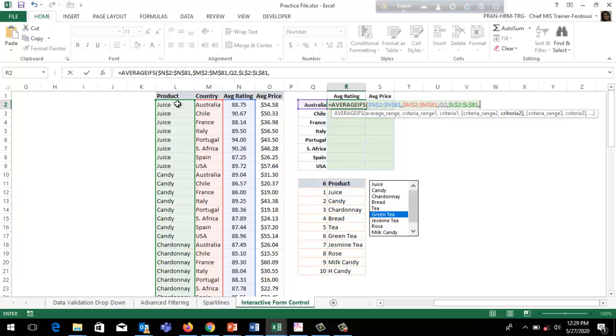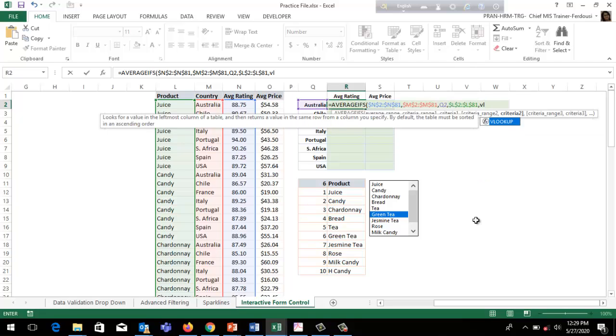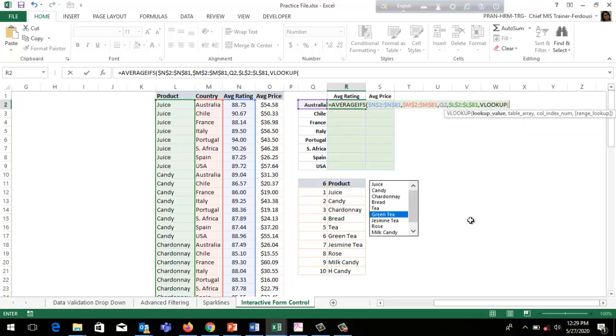Now we will use the VLOOKUP function for criteria 2 to retrieve the product name. Use VLOOKUP. This cell position, we will look up this cell position for the green tea. Press F4, comma, use the total range.